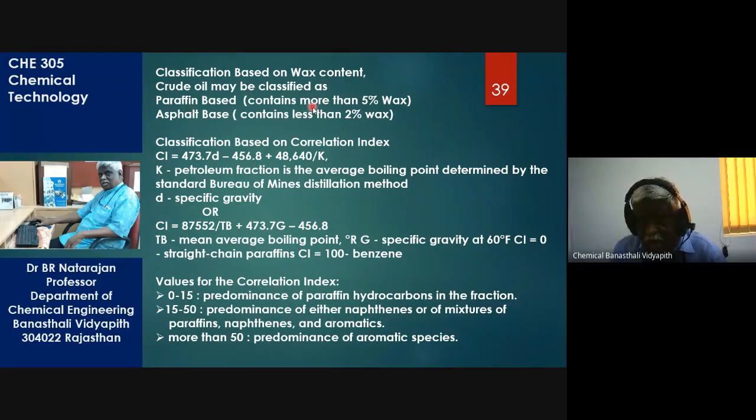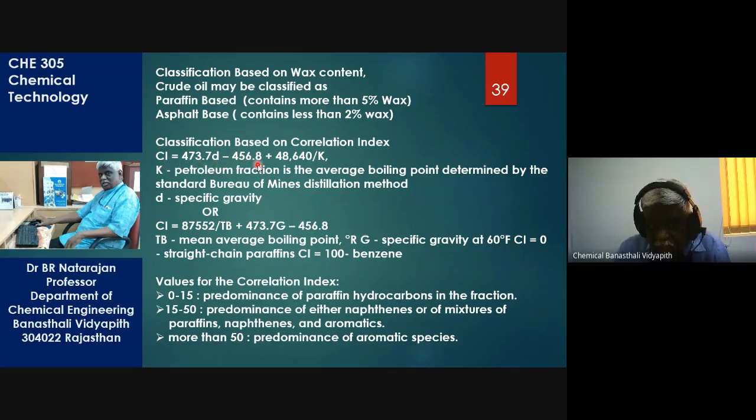If I have more than 5% wax in the crude oil, I call it paraffin based. And if I have less than 2%, it is asphalt based. This is another way of crude oil classification; there are many kinds. Then there is something called correlation index. Correlation index, CI, is